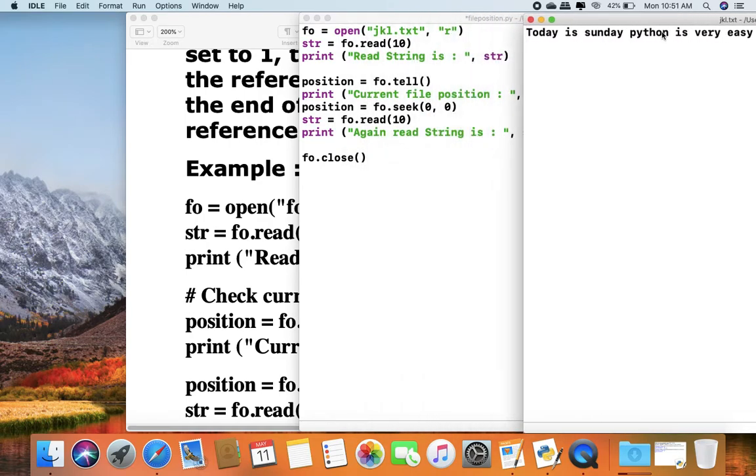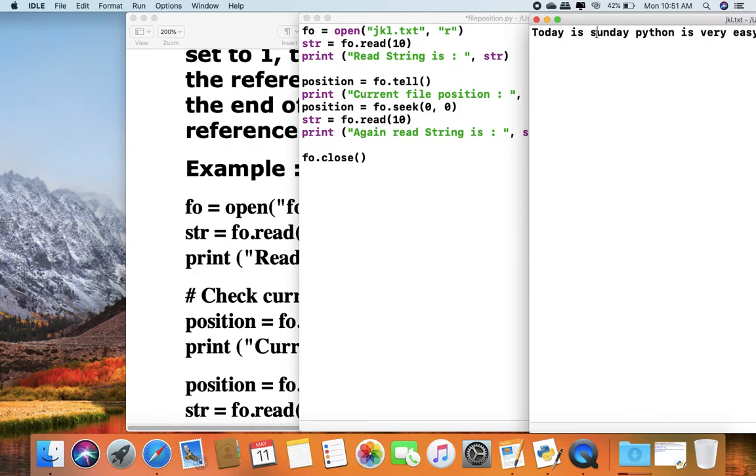So first what we have done: str equal to fo.read(10). We want to read the first 10 characters from this file. The first 10 characters are 1, 2, 3, 4, 5, including space, 6, 7, 8, 9, 10.